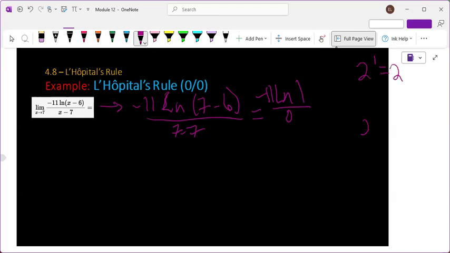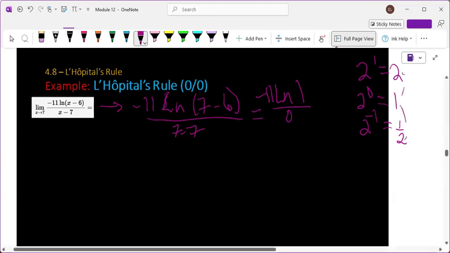So I know 2 to the 1 is 2. I know 2 to the -1 is 1/2. So 2 to the 0 is supposed to be in between these guys. And if I look, it's like divide by 2, or multiply by 2, multiply by 2. So 1 is the guy in the middle. Like, so 0 power is the thing that answers what's the natural log of 1. Any log of 1 is 0. Yep. So it is indeterminate.